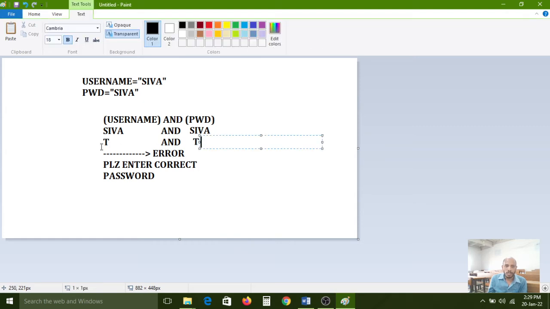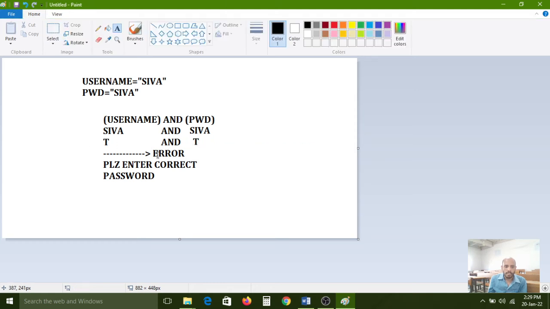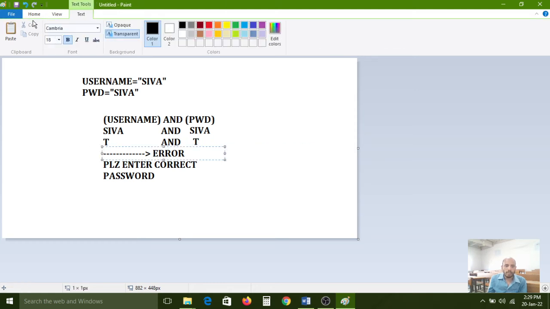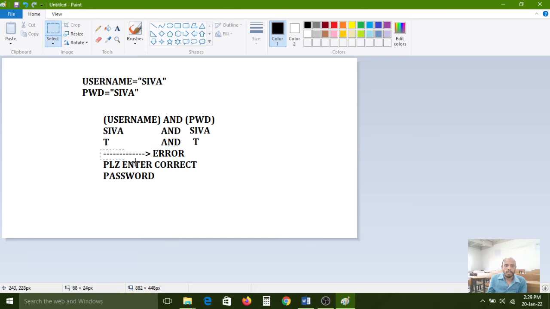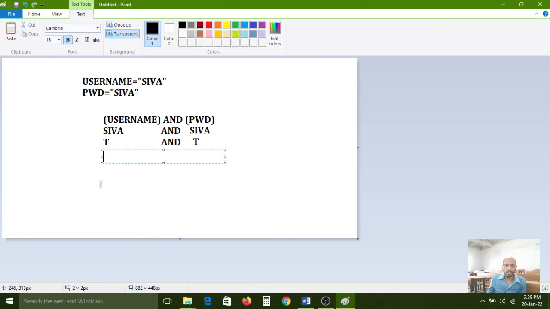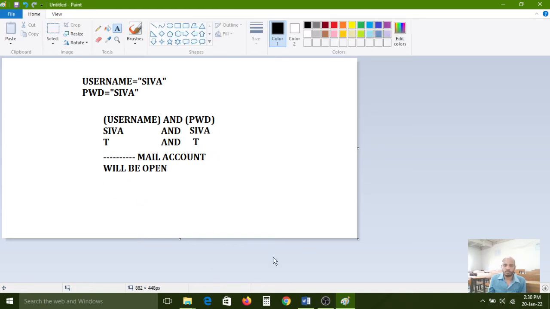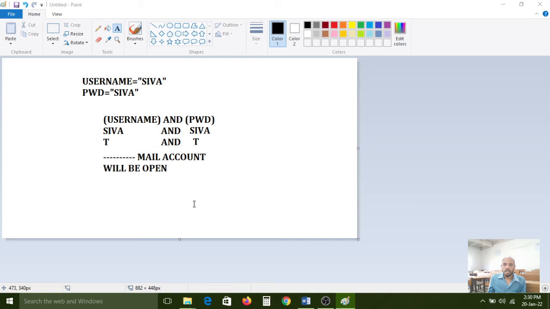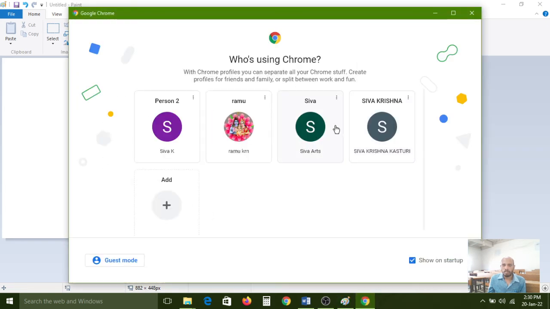Then the AND operator, two conditions are satisfied with true statements. Then this error will not show for us. Automatically the mail account will open. Okay, so like that. Carefully observe here, now I am showing one thing.